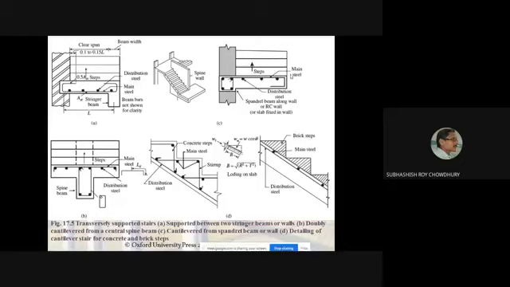Or it may happen that there is a wall, and within the wall you are providing one beam. This is the beam within the RC wall. Okay, or the beam may be the inclined beam that is supported at the two ends. Say there is one column here, there is another column here. Simply you are constructing a beam along this line.